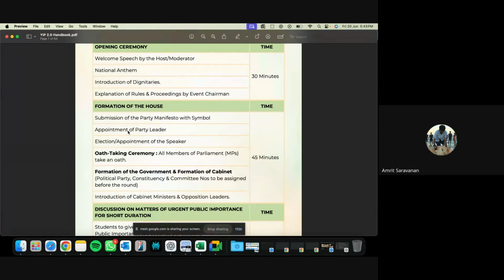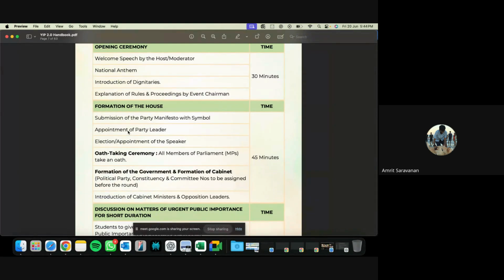Once that is done, you can start discussing with the members of your party how you want to shape your party, the manifesto, and the symbol. Whether you form the majority party, the opposition, or whatever the election on the first day results in, you would decide amongst yourselves what topics each person would research, and what area or ministry of focus you would research. Based on that, during the formation of the house,